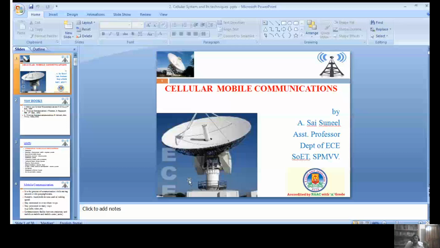What is the maximum coverage of each cell phone tower? The other name for cell phone tower is base station or cell site. Note down that this is base station or cell site. These are the technical terms. In the next coming classes, I will only use the terms base station or cell site, not cell tower, right? And the technical term for mobile is mobile unit. Maximum coverage for each cell site or base station is 50 miles. Around a 50-mile geographical radius it can cover, right?